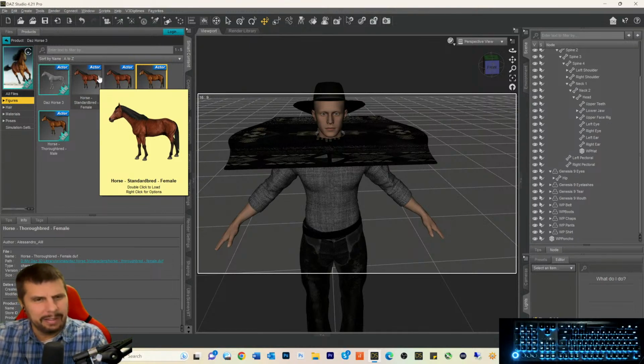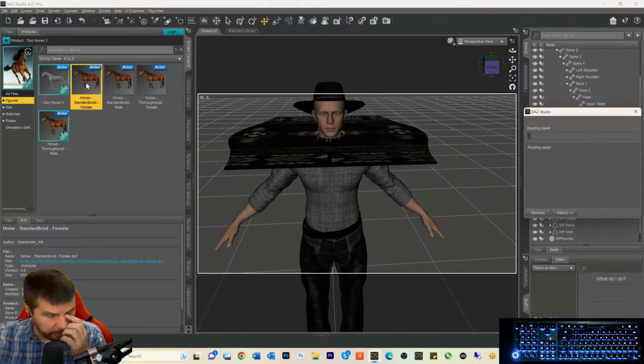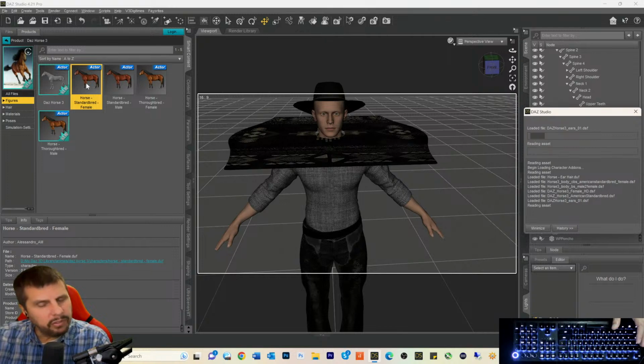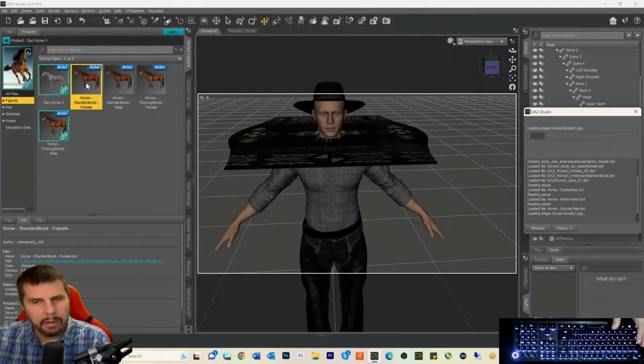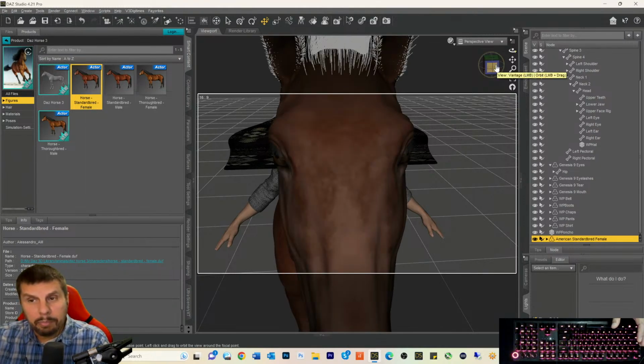I don't want it too muscly. And I'm just not sure exactly the difference. So we're going to go with the standard bred horse. So she's just going to look like a horse. I think that would be good. And we got to put a saddle on the horse, and then we can pose him. I'm going to have him posed before